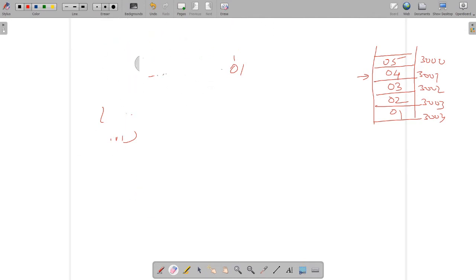We will first store the address in the HL pair. So HL will have 3000, which means M will have 05. But for comparison you need two operands, because comparison is a different type of subtraction.